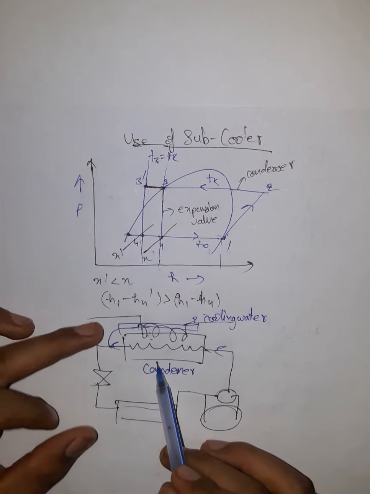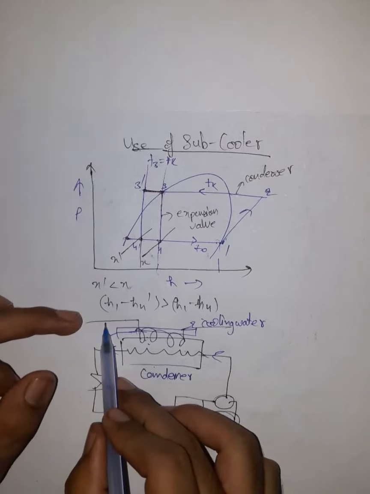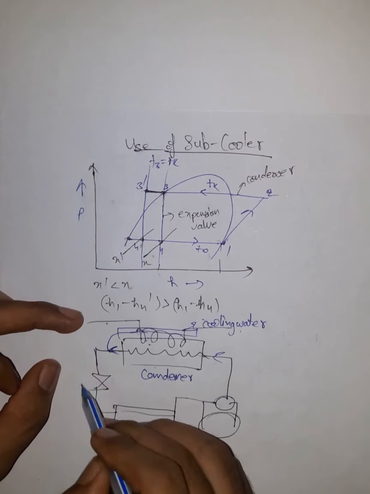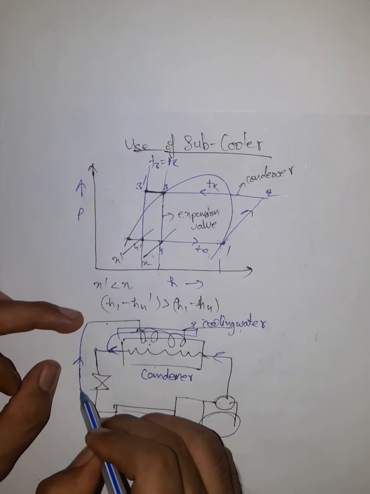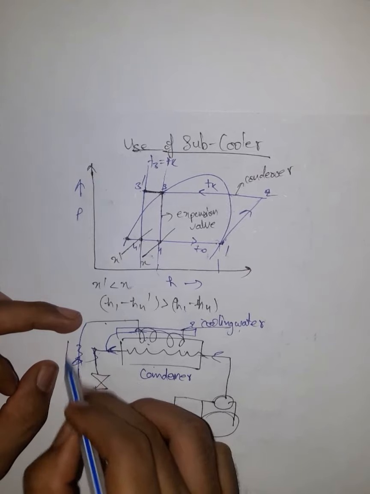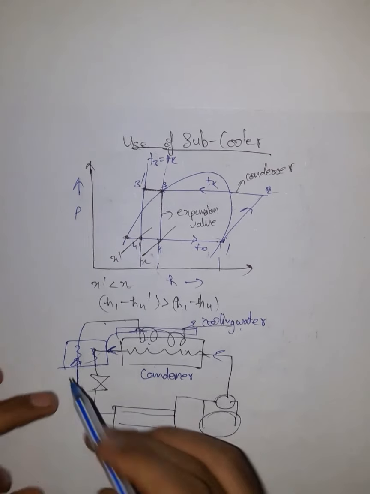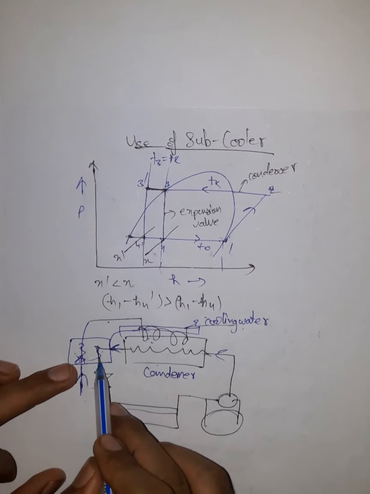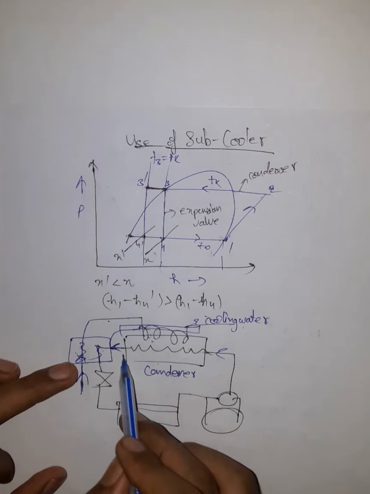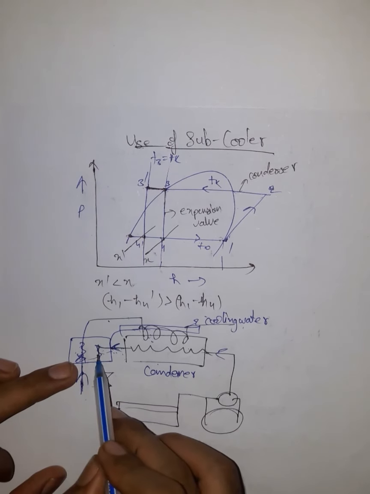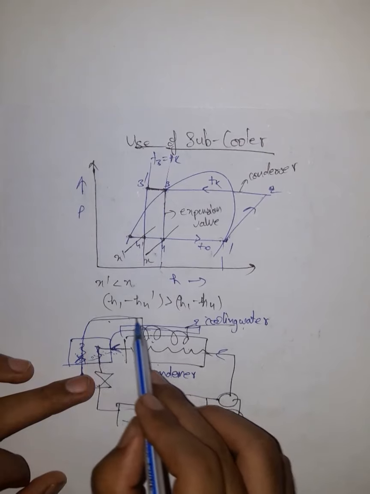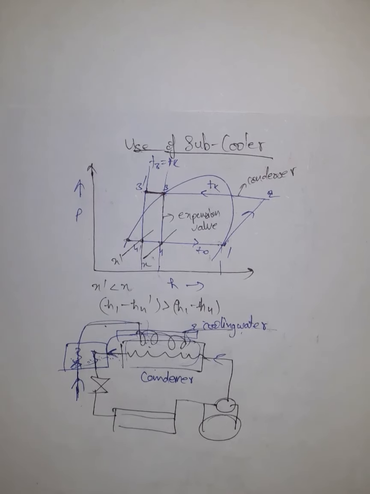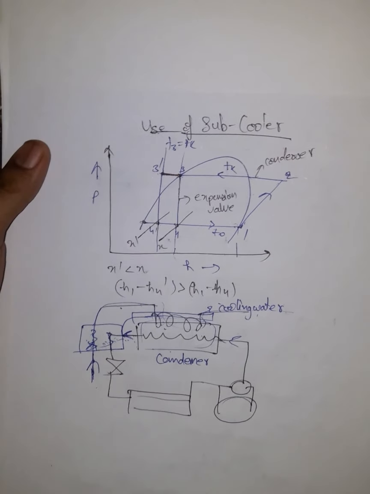The cooling water removes heat from the condenser. Now if somehow this cooling water is made to come in contact with the refrigerant that is coming out of the condenser, and let us say this is also a heat exchanger, the cooling water first comes in contact with the refrigerant that has come out of the condenser, and it has exchanged the heat. That means it has performed the subcooling, and after that it goes to the condenser region to take the heat and then goes out. So this is one way in which the subcooler can be used.